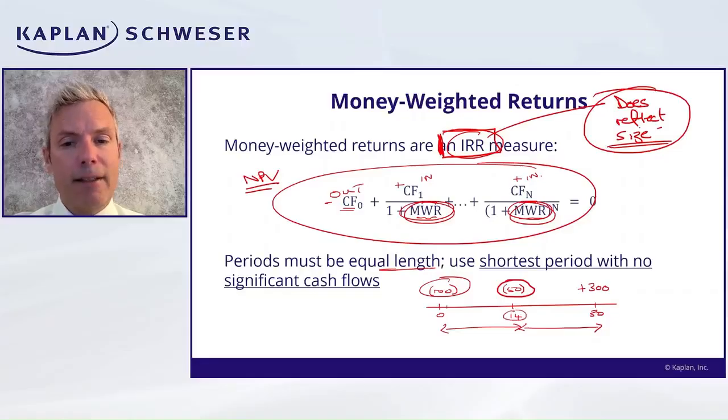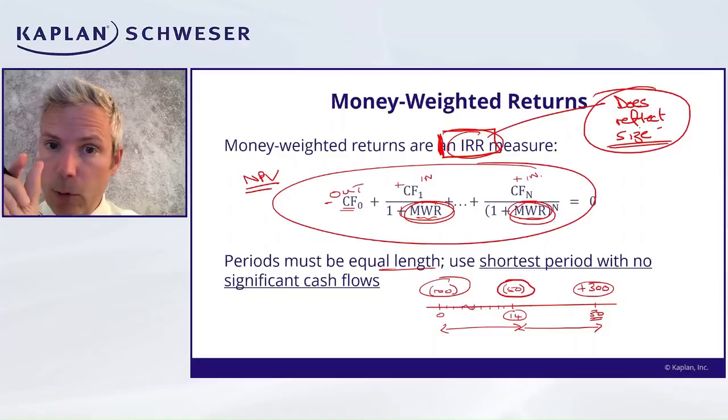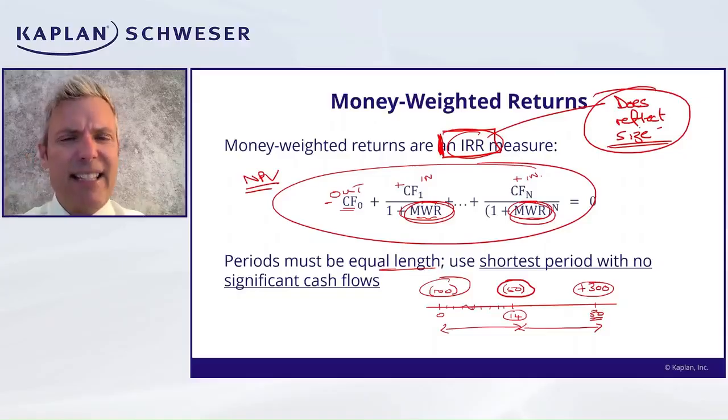14. In other words, there's 14 days with no significant cash flow here. And then this 300 here, you discount it by 1 plus the daily MWR to the power of 30. That's what they mean by using the shortest period with no significant cash flows. By doing that, you can always calculate a short period MWR and then compound that up to get a longer dated MWR. That's a technical point that might get in the way more than help at this stage. What we should be doing is applying these ideas to calculate a TWR and an MWR, and